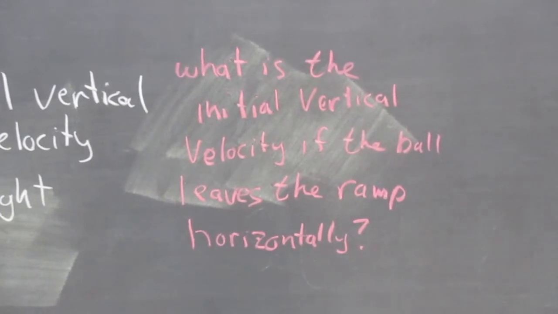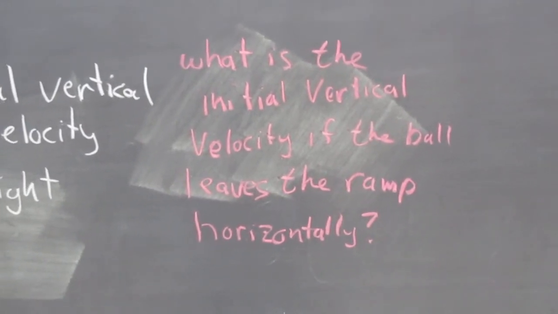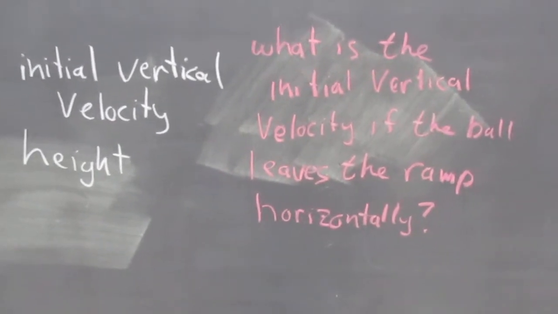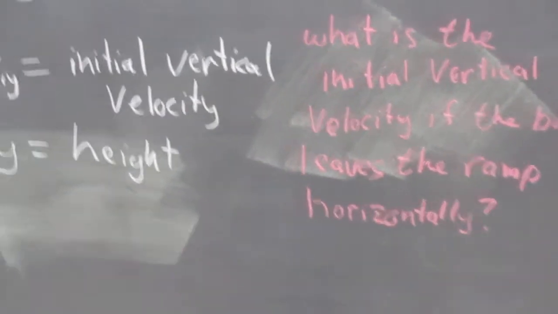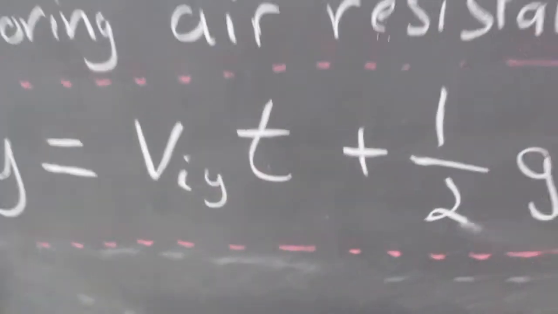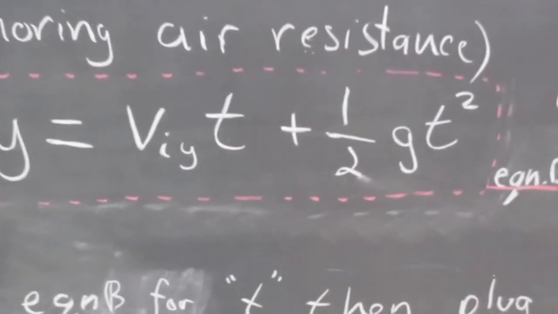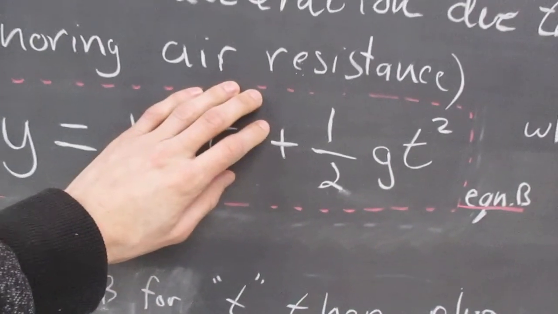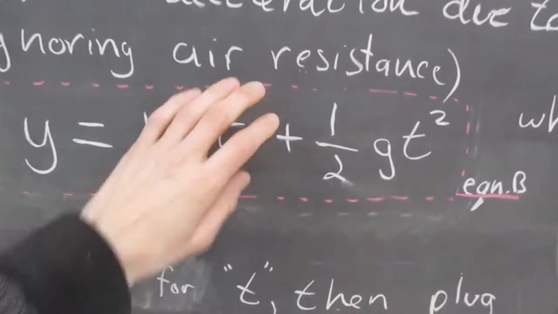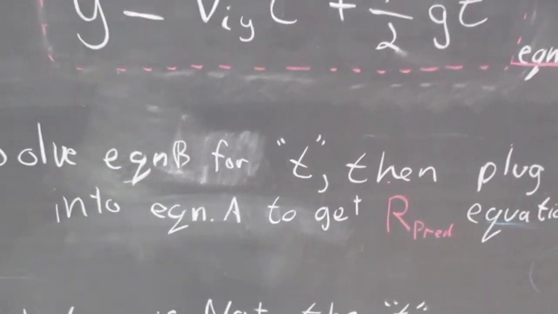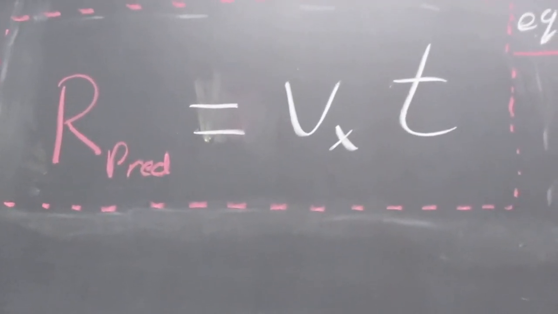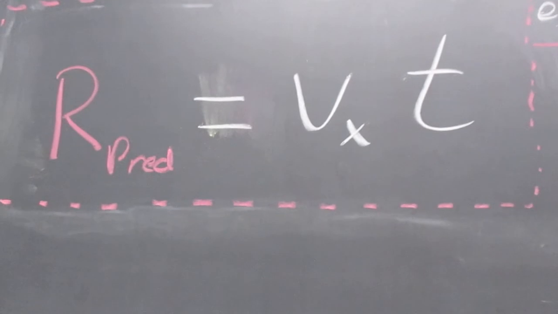So what is the initial vertical velocity if the ball leaves the ramp perfectly horizontally? Okay, so hopefully the answer to that should be straightforward, and it should help you to simplify this equation to solve for t. Okay, so we'll solve that for t, plug it into this equation, and as you're assigned to do in your